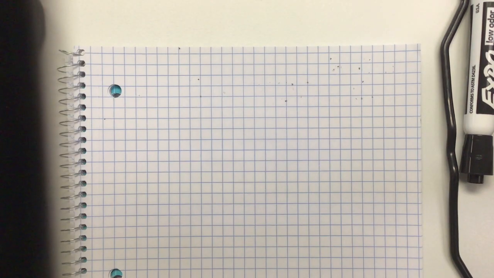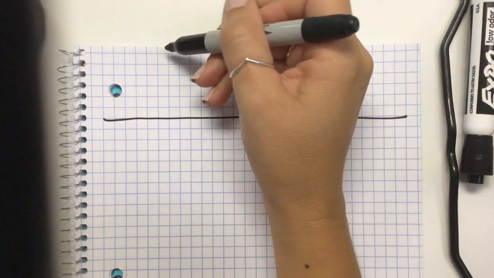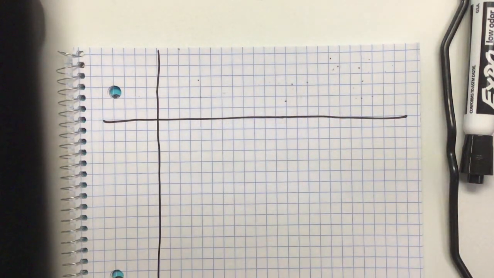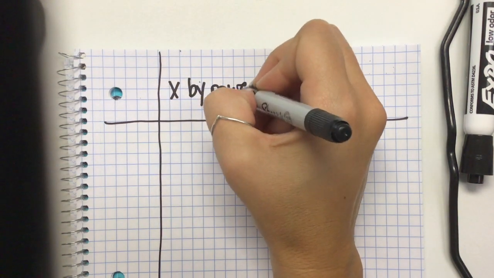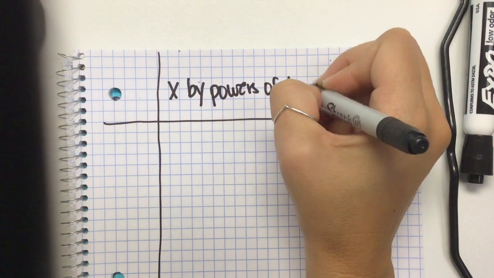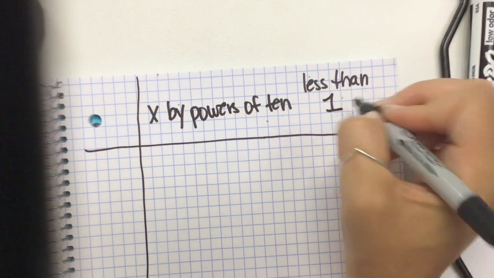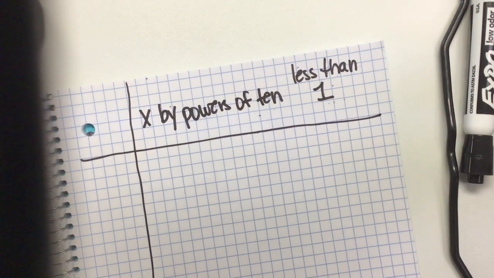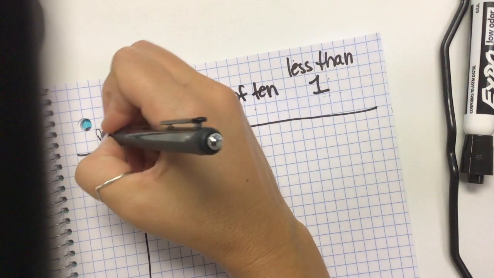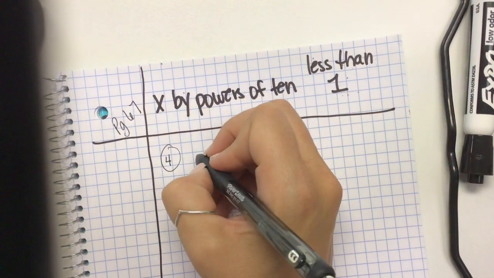Okay, let's go ahead and move on to Cornell Notes for page 67. We're going to be multiplying by powers of 10 that are less than 1. So it means we're multiplying a number by a number that is less than 1. Anything less than 1 is a decimal, right? So down on page 67, number 4 says find